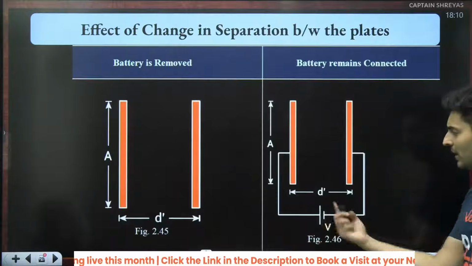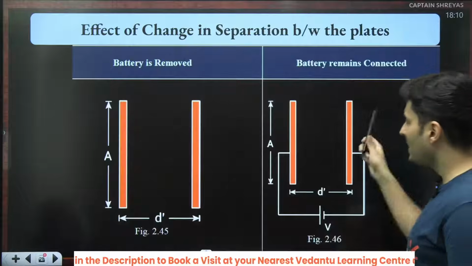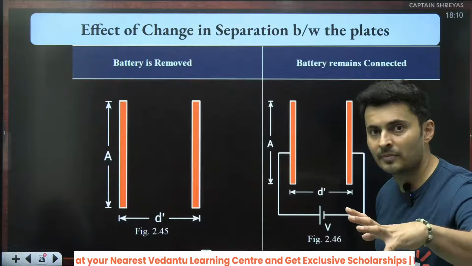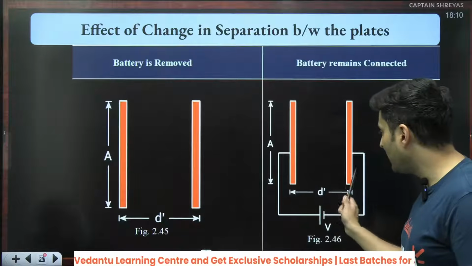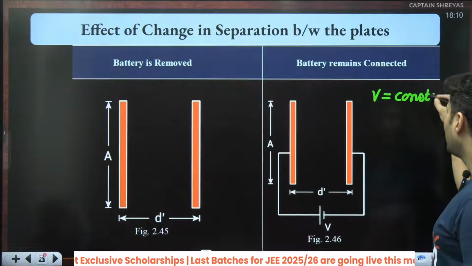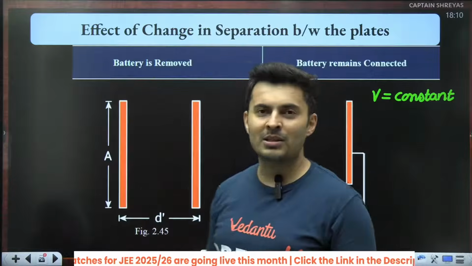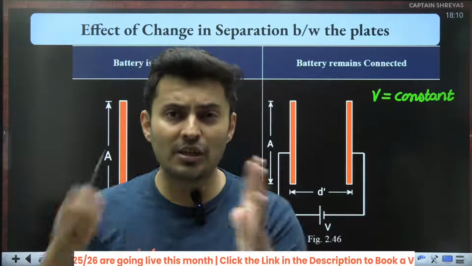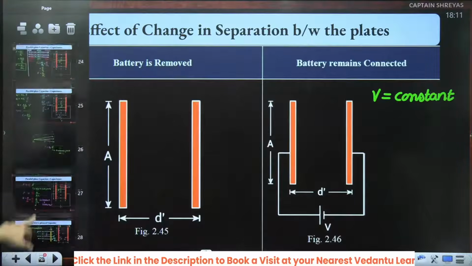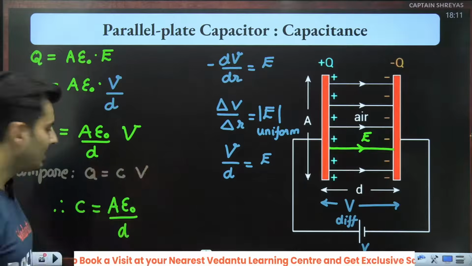See, if we take a capacitor and connect it to a battery, what will the battery do? That battery will ensure that there is a voltage difference between the plates of the capacitor. So when the battery is connected to the capacitor, what is it that remains unchanged? It's the voltage provided by the battery. That means the potential difference between the plates of a capacitor remains constant. But the charge may not remain constant. The capacitance may change if you change the distance or change the area of the plates, because you just saw that the capacitance completely depends on the area and the distance between the plates.